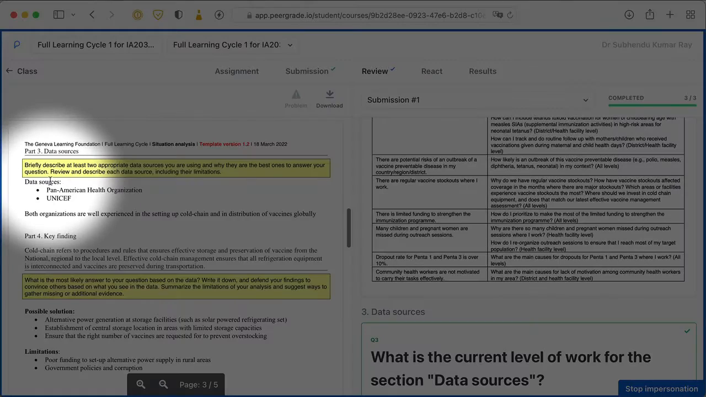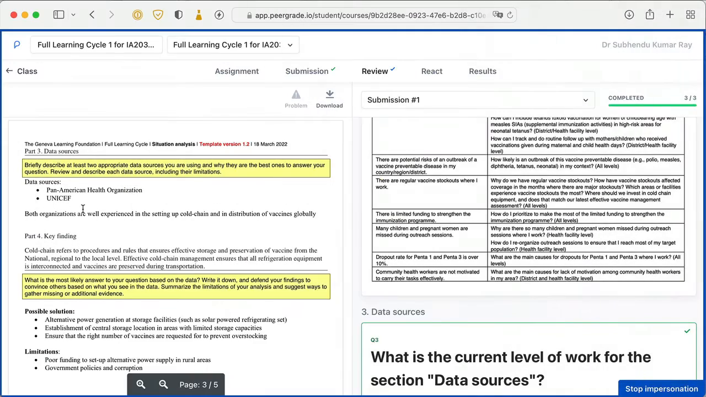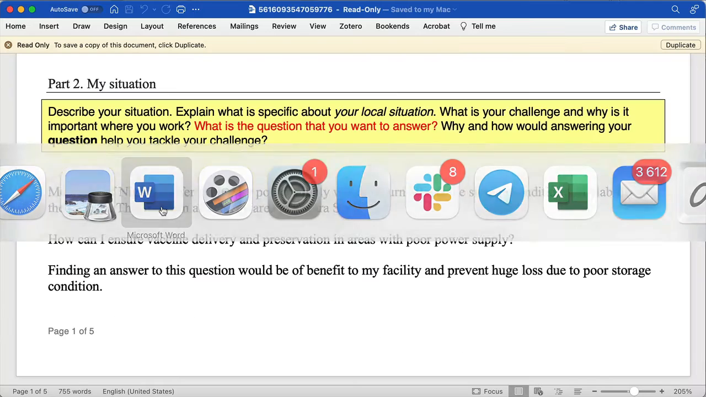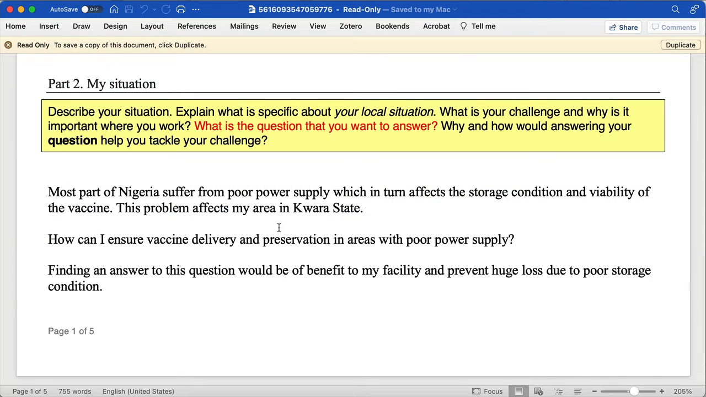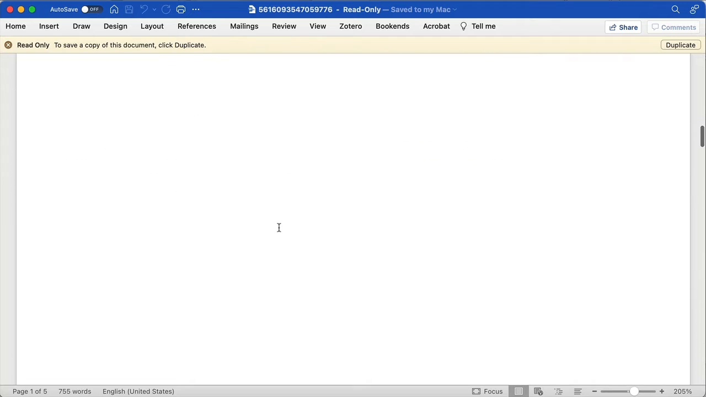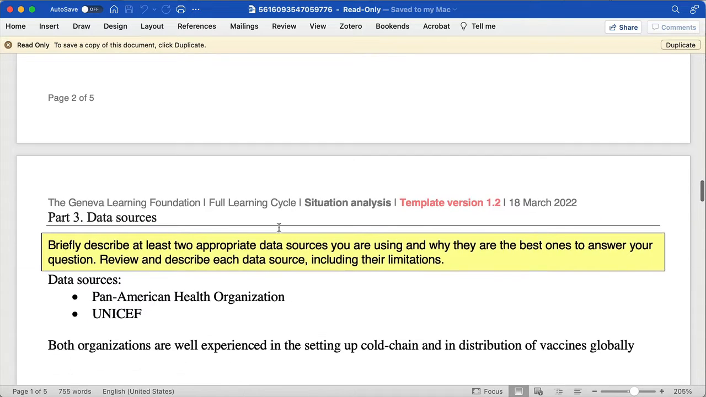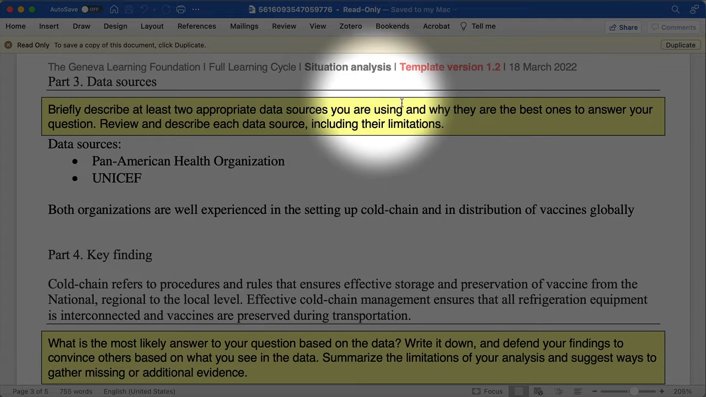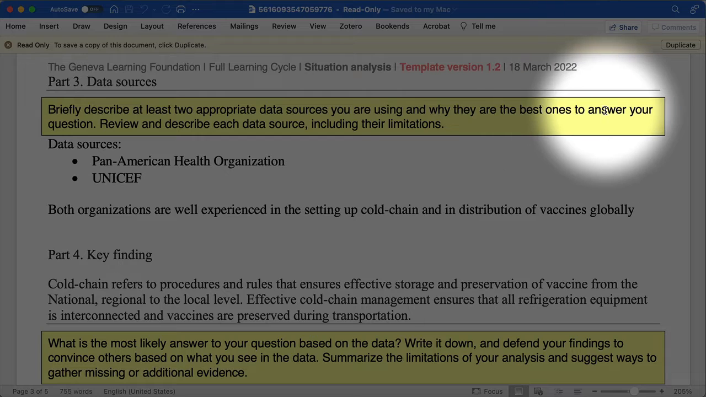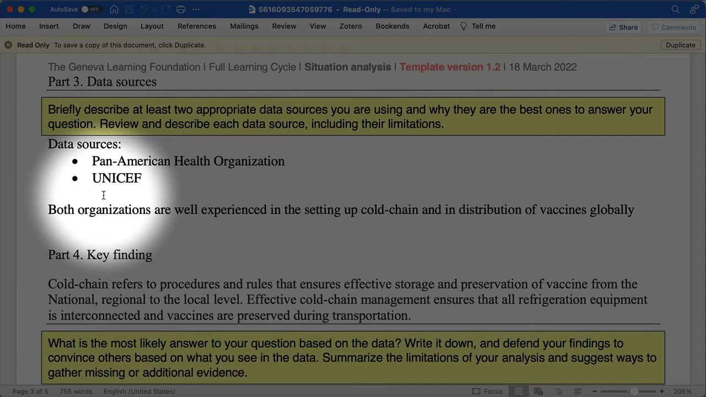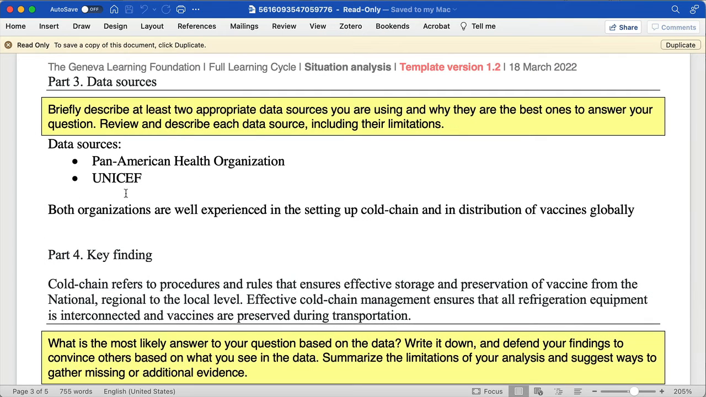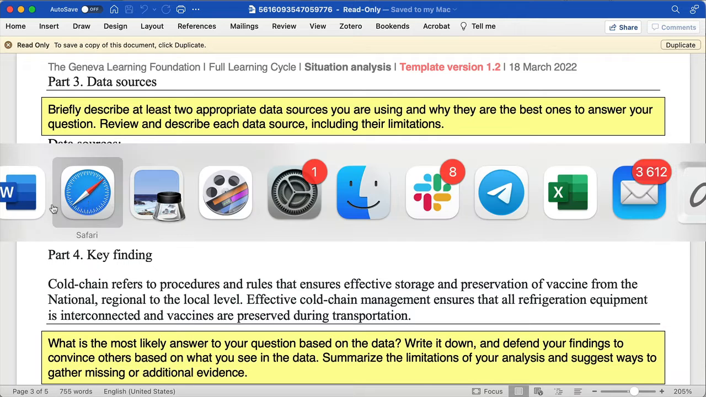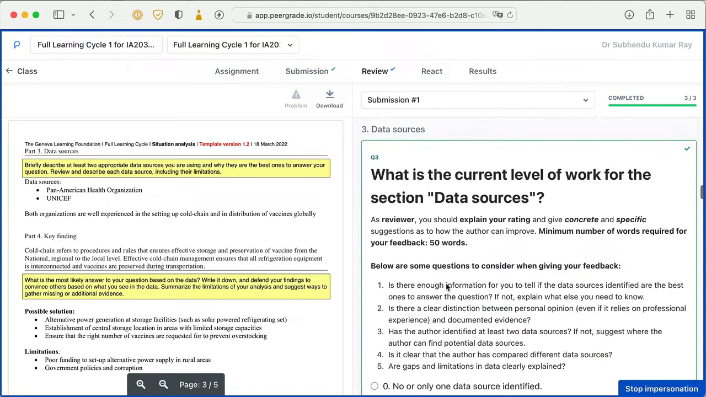All right, so here we have data sources, PAHO and UNICEF. Okay. I'm not sure if PAHO, which is the Pan American Health Organization, keeps statistics for Nigeria, but maybe they do in some areas. UNICEF certainly is relevant when it comes to cold chain, but at least two appropriate data sources, why they're the best ones. Now, remember, this is situation analysis. So if we want to analyze the situation,